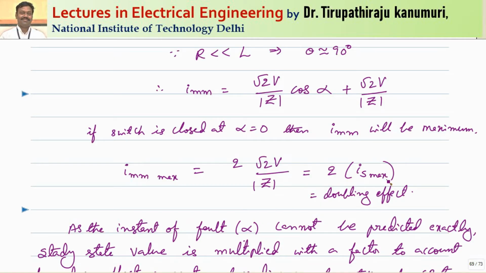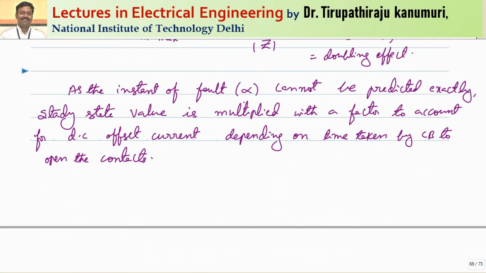So we can tell that under transient conditions or short circuit conditions, the current can reach up to a maximum value of 2 times the steady state maximum value. This effect is called the doubling effect. As the instant of the fault, alpha cannot be predicted exactly, so the steady state value is only taken in practice, and this steady state value is multiplied by a factor